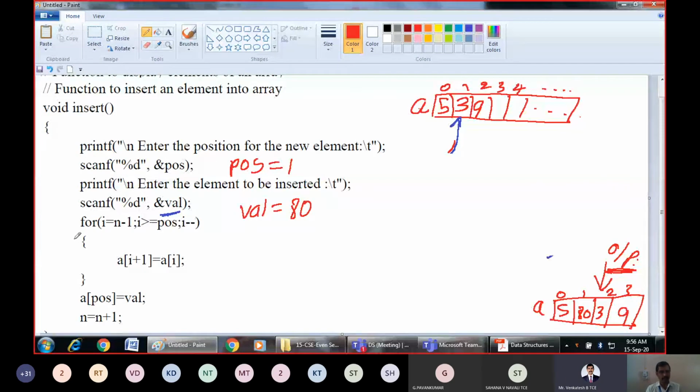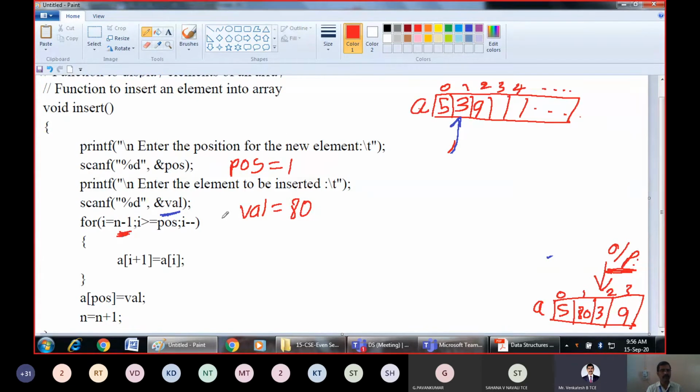Now let us make use of the for loop. Start from the right side. Why? Because you have to go from the right side. We are right shifting. Wherever you insert, all the elements will be shifted to the right side. Whether you insert at the first or middle, but when you insert at the end, it will not be any problem. Directly it will get inserted at that position because no element will get shifted.